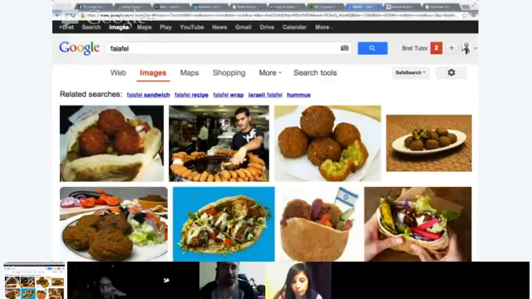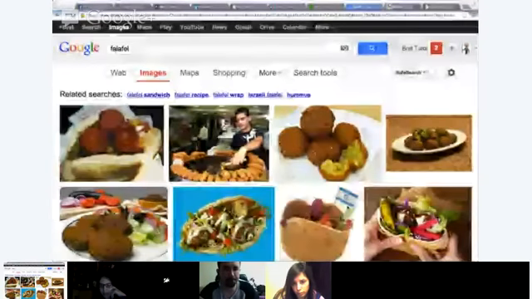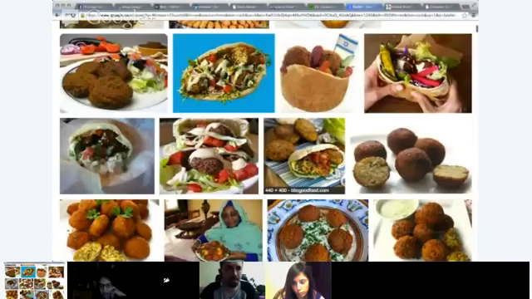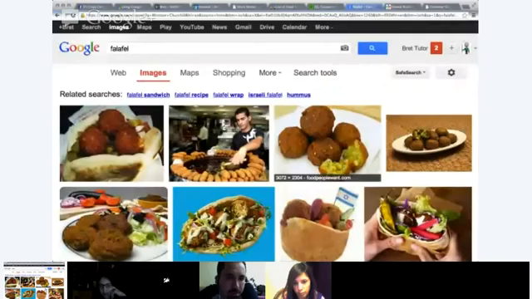I've never tried falafel before, and I don't think it's a Moroccan dish. I think it is more like Israeli. Is it meatballs or what? Or potato, or chicken, beef, or rice? It's chicken, beef inside.